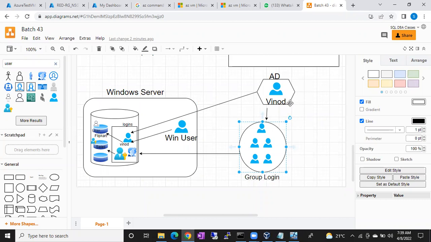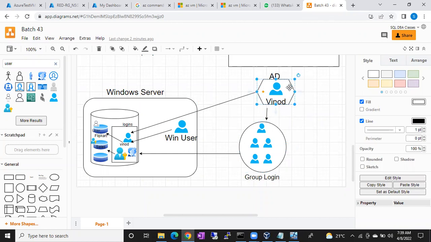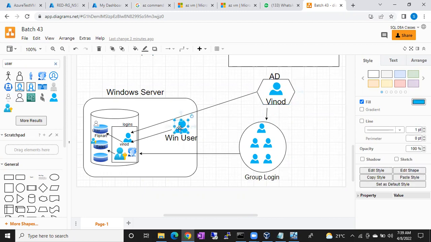So in the organization, your security relies on Active Directory only. Through Active Directory only, any user can log into any machine. That is the main challenge, and that's why we don't encourage creating users in individual machines.